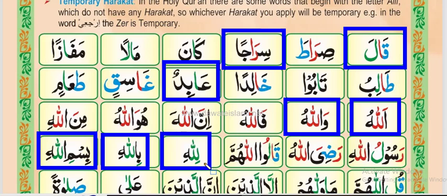So inshallah in the next video we will be doing some difficult examples. These were easy examples of the rule of TAFKHEEM and TARQEEQ, but in the next video inshallah we will be doing the difficult examples. They are all taken from the Holy Quran, from different places, different surahs, but when we read them you will find it easy to say them in the Holy Quran whenever these words come again. So inshallah, see you in the next video.